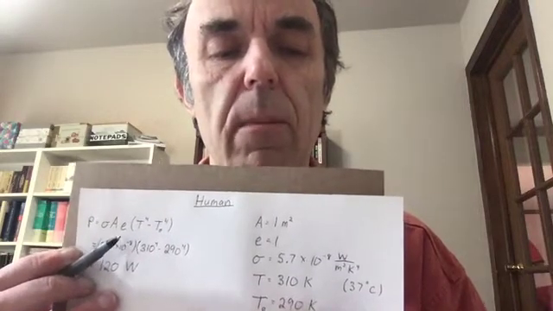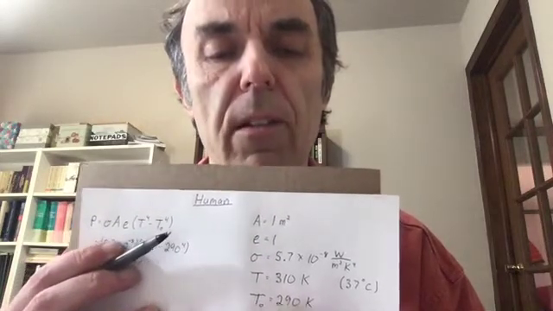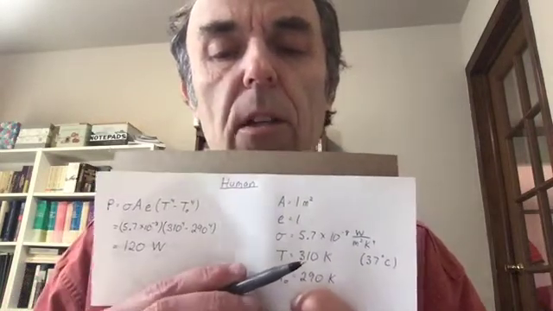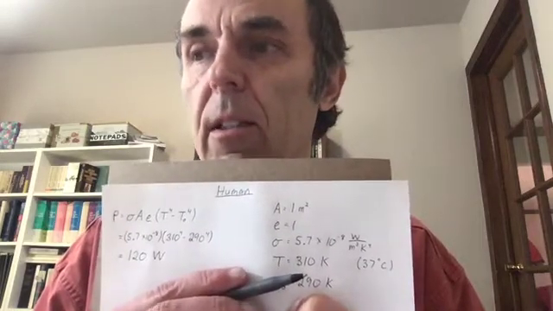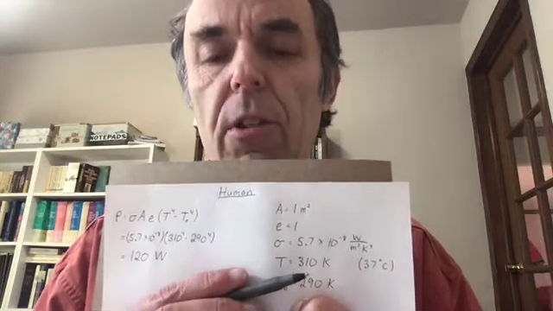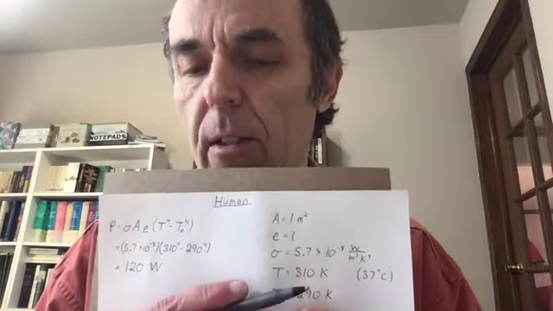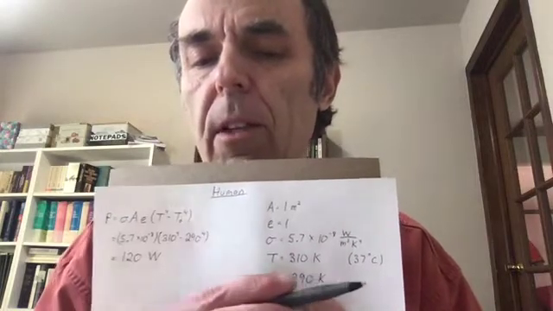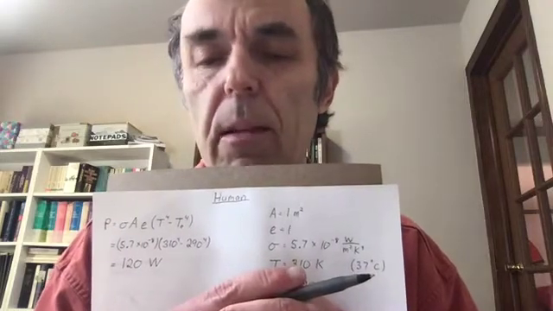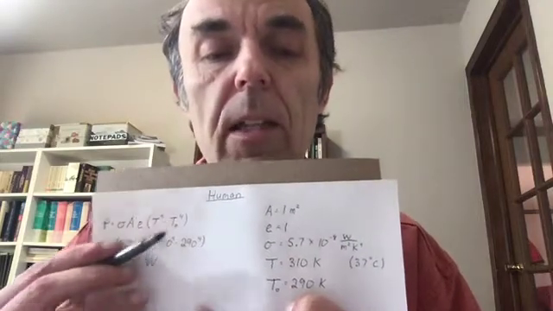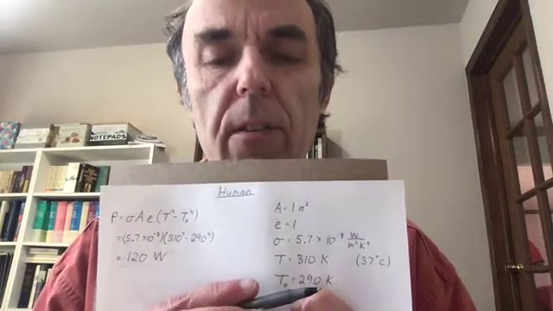We're going to take ourselves as a black body, emissivity of 1. Temperature to the fourth minus the temperature of the surroundings to the fourth. We'll take our temperature to be 310 Kelvin. Now remember, the Kelvin to centigrade conversion is you take the Kelvin temperature and subtract 273. So 310 minus 273 gives you 37 centigrade. That's our body temperature, same as 98.6 Fahrenheit. For the surroundings we'll take roughly room temperature, which is about 290 degrees Kelvin.